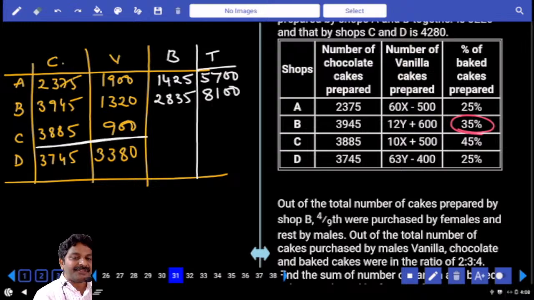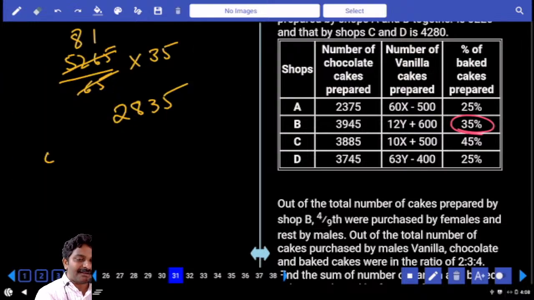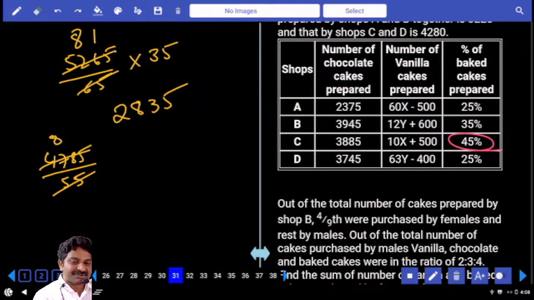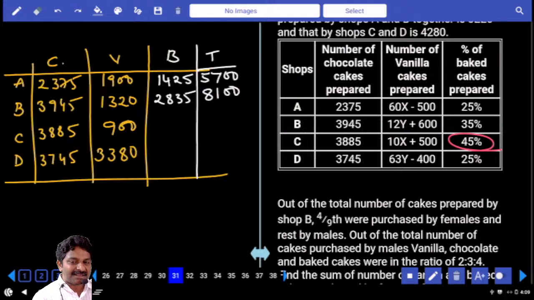Next, the sum of these two numbers is 4785. 45% is already there, so this value is 55%. Let's get the 1% value. 55, 8 times is 440. How much is left? 385, which is 7 times. So 100% value is